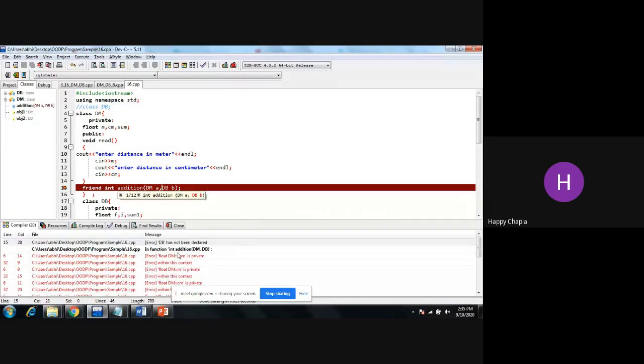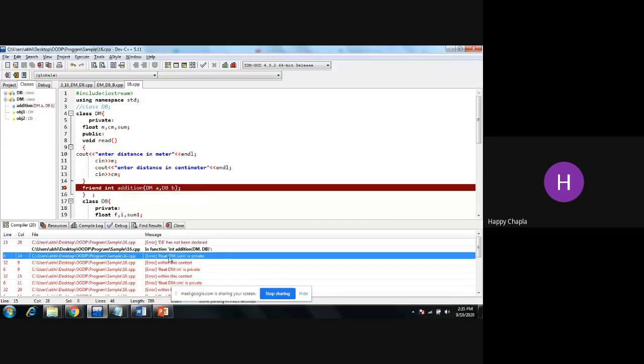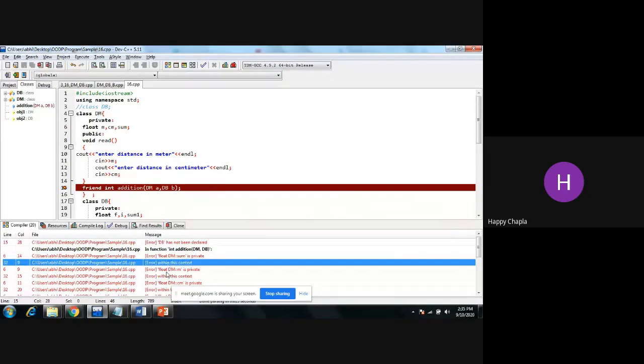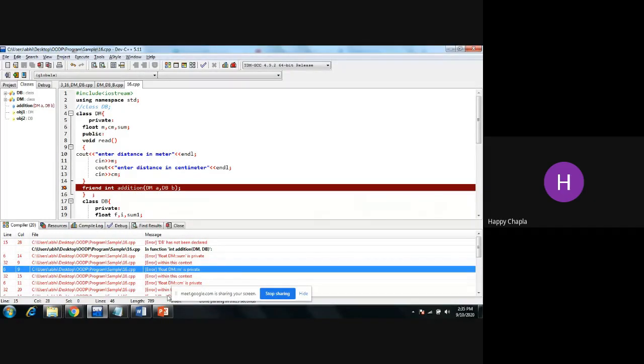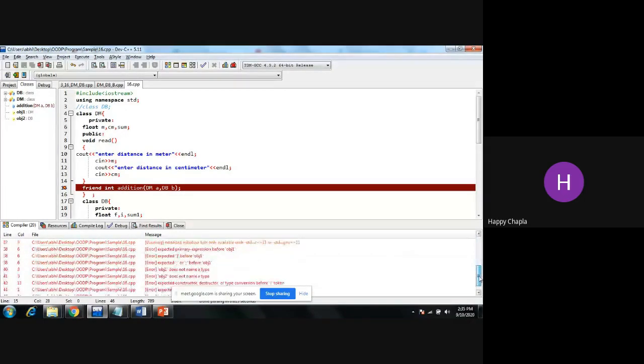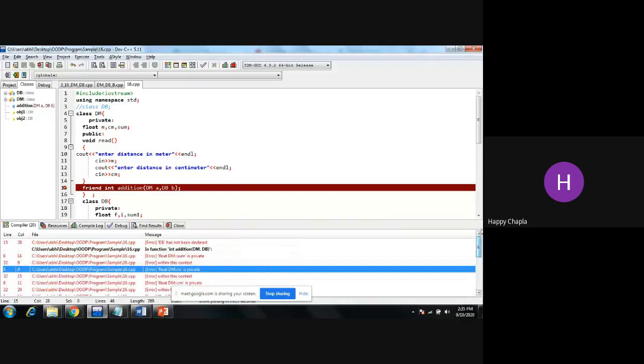So first thing, this is private. Within this context, you cannot access it. This M is private, which means everything should be in private mode if you are using it to access those things. So first of all, I'm just checking your integer main. Where is your bracket?